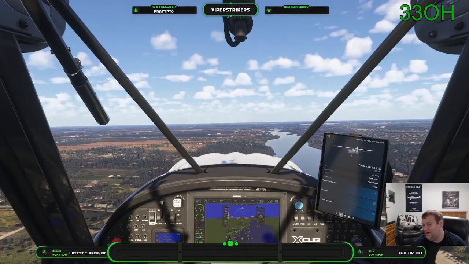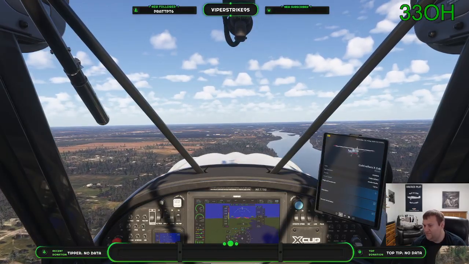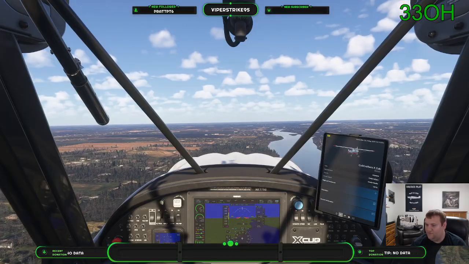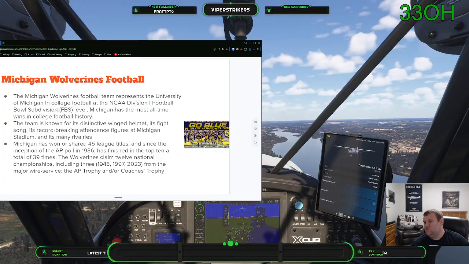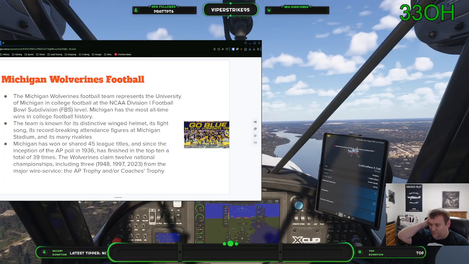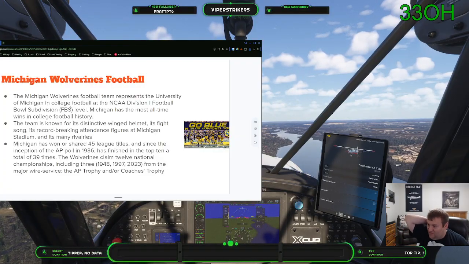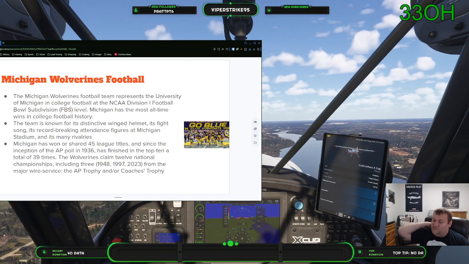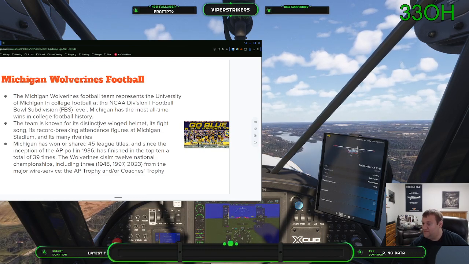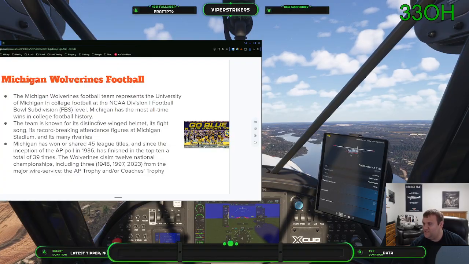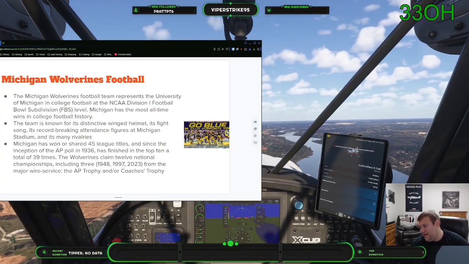So we're doing the Ohio State-Michigan game for our game day flight. We're going to go ahead and talk about the University of Michigan as we're here. So the University of Michigan, founded back in 1879. Of course, this is the winningest program in college football history. The most all-time wins, a very impressive 1,021 games.